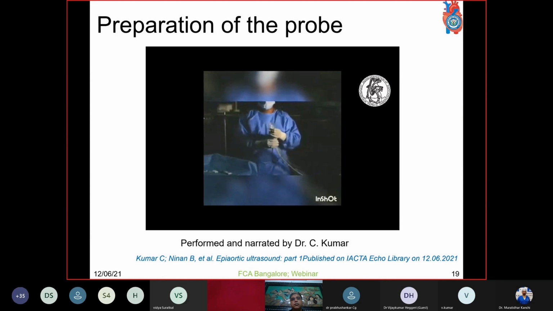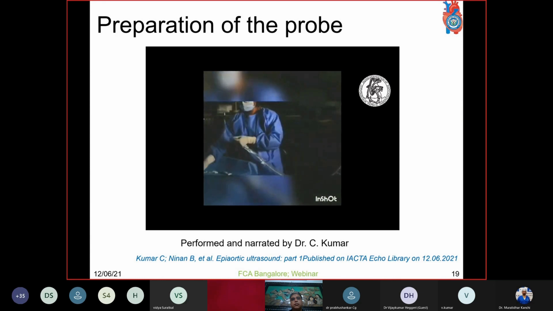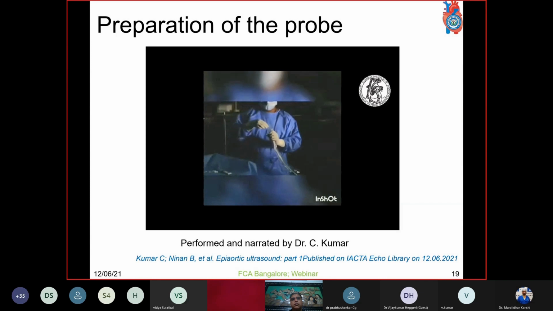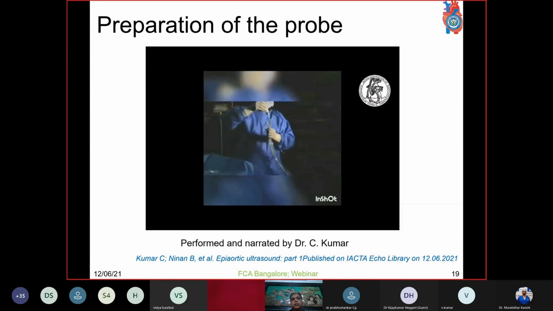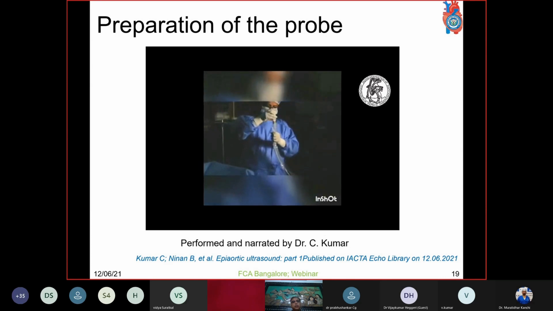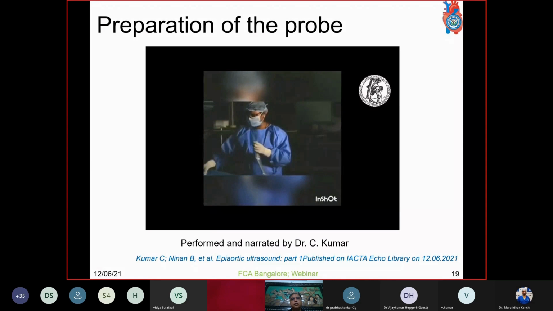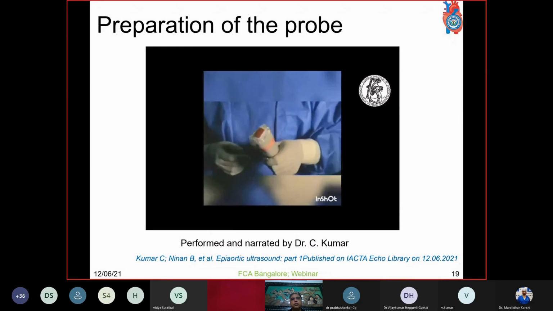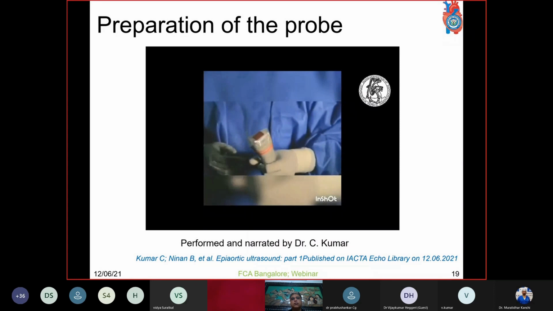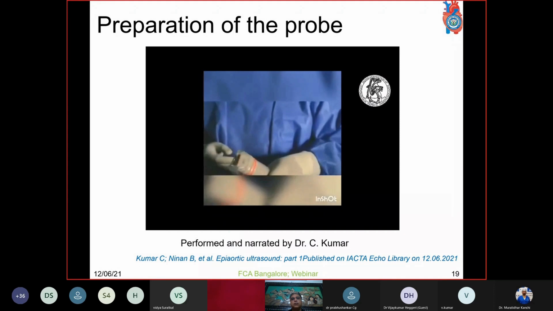Now the sleeve has a closed end. The operator will cut that closed end with the sterile scissor. Now sterile jelly is applied over the transducer head. So the jelly occupies a space between the transducer head and the inner surface of the sterile sheath. After which a second rubber band is applied to make the entire apparatus more secure. Now what you have is a transthoracic probe with a sterile covering ready for use.